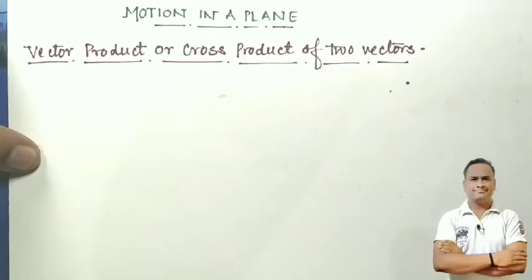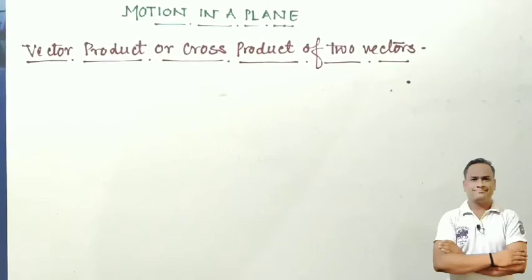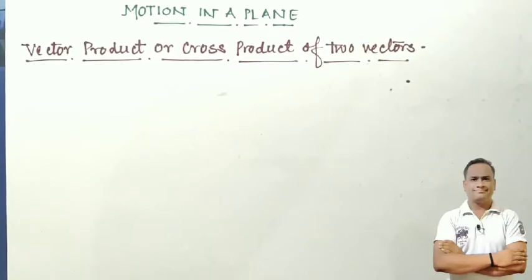Okay, whenever two vectors are given and you have to calculate their scalar product, then you must know their magnitudes. If you know the magnitude of the two vectors and also know the angle between them, then you can easily take the cosine of the angle and find the product of the two vectors as a scalar product or the dot product. So today, via this video lecture, we are going to discuss the vector product or the cross product of the two vectors.